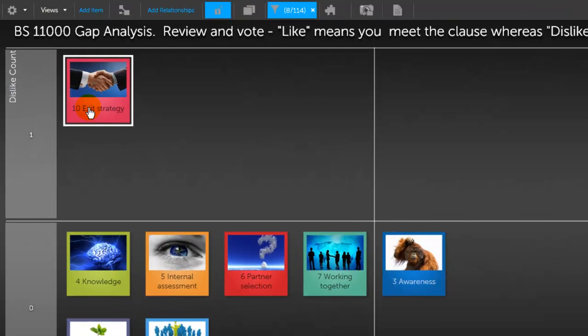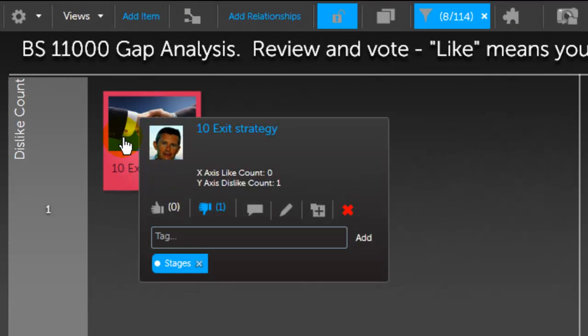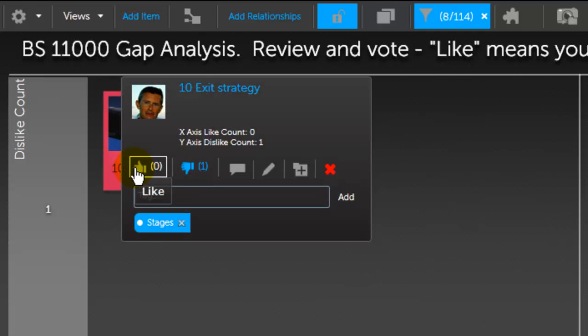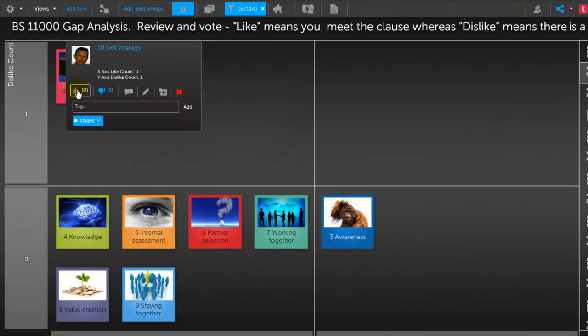What we're using here on each of the items when you hover over it, these items, by the way, can be anything. They can be products, people, countries, services, markets. They just happen to be the clauses within this British standard. But when you hover over it, this little window pops up, and you can either use the vote to say we are compliant, or in this instance a dislike to say we are not compliant,